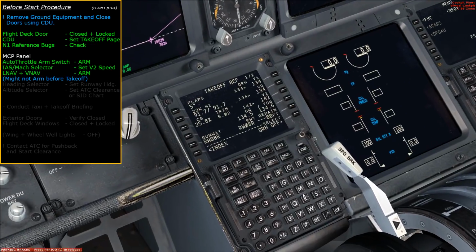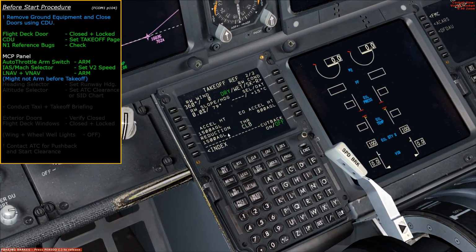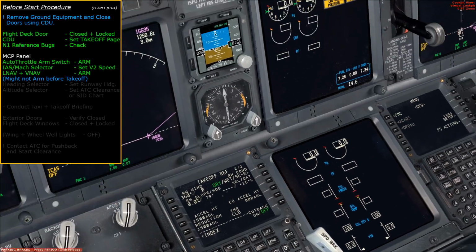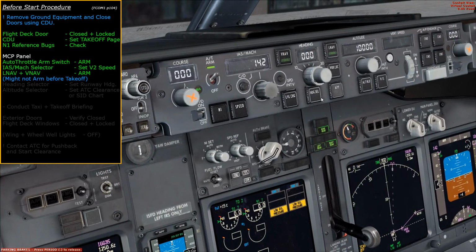if we have a look at our CDU again, and just go down to the next page. If we have a look at the second line on the left here, we have the runway slope and the runway heading. So you can see that the actual runway heading, as recognised by the sim, is 079 degrees. So that's where you can find what the sim thinks the runway heading is. So what I'll do is dial that in there, 079